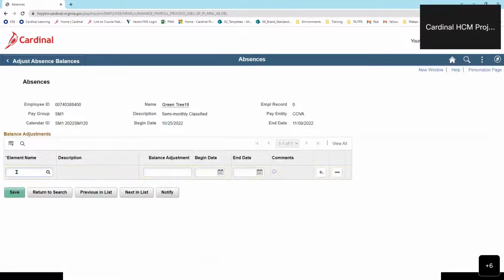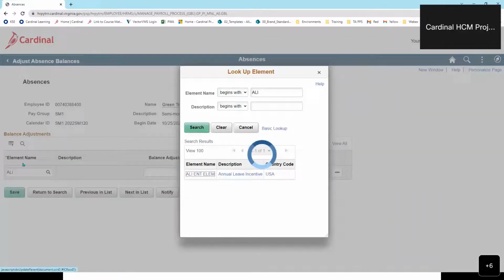So you're going to, again, enter the element name. This is the same page where we entered the balance adjustment when we were making the adjustment to the converted absence entitlement balances. This is the same page, and you're doing it the same way. So whether it is an adjustment of an absence balance that they've already received or something new that you are granting them, you do it on the same page and in the same way. Again, you're just wanting to pay close attention to those pay period dates, the begin date and the end date. So we select the element name, annual leave incentive,